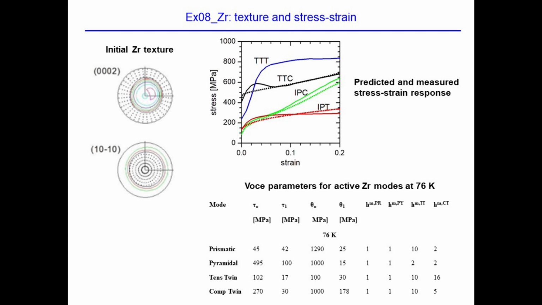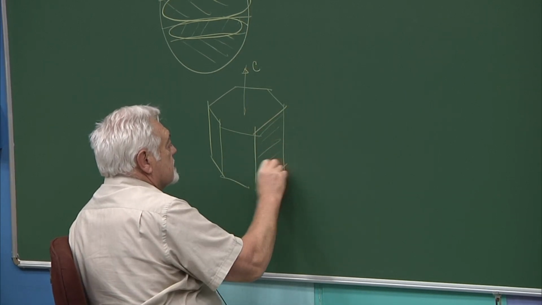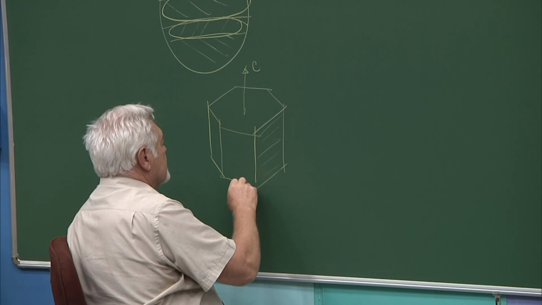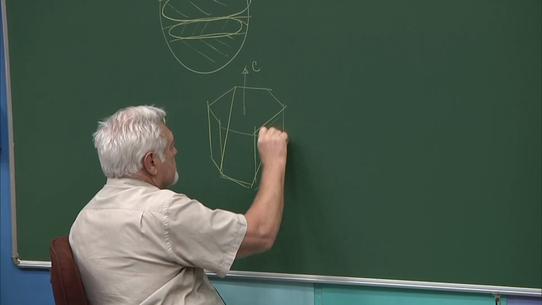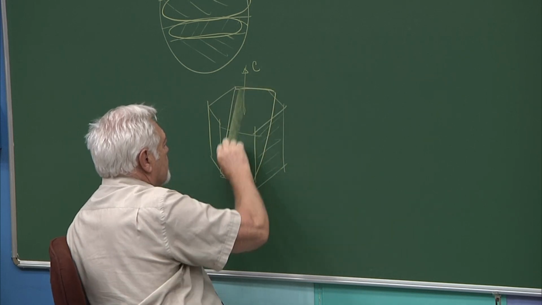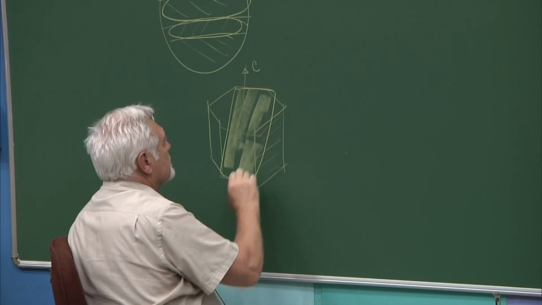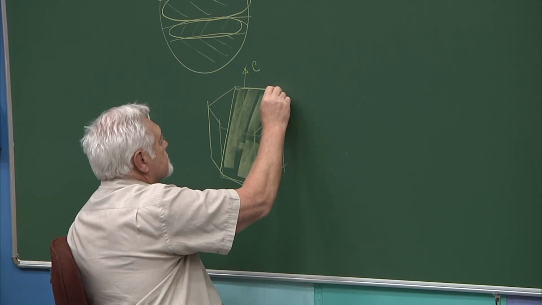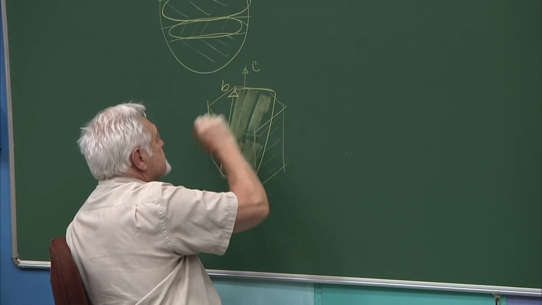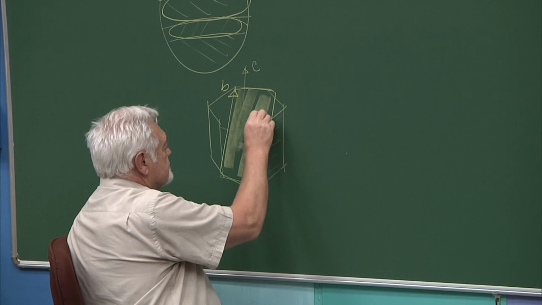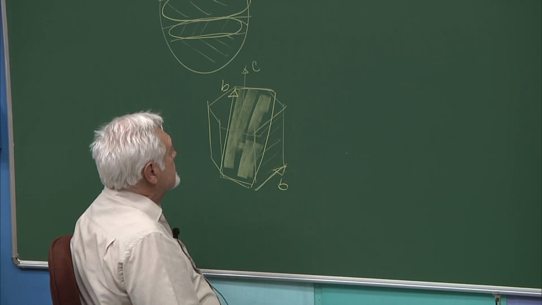So if this is the z-axis, these are the prismatic planes, and the twins I'm using are the ones on this plane. This is the Burgers vector. This is the Burgers vector of this plane. In the prismatic plane, this is the Burgers vector. So this twin